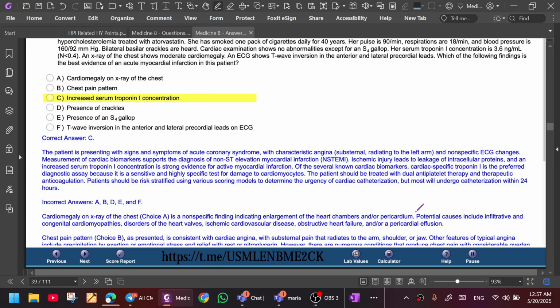The patient should be treated with dual antiplatelet therapy and therapeutic anticoagulation. The patient should be risk-stratified using various scoring models to determine the urgency of cardiac catheterization, but will most likely undergo catheterization within 24 hours. It is not